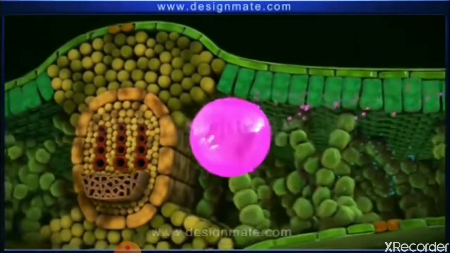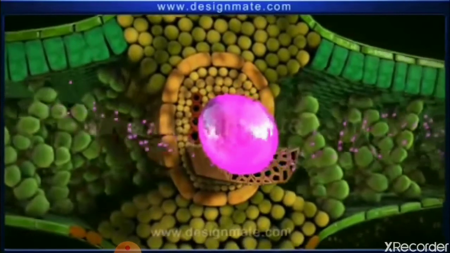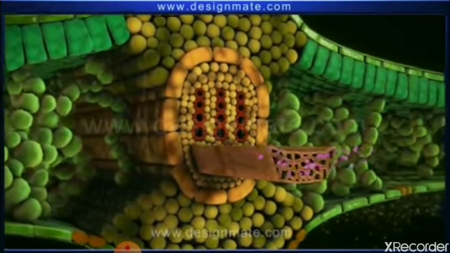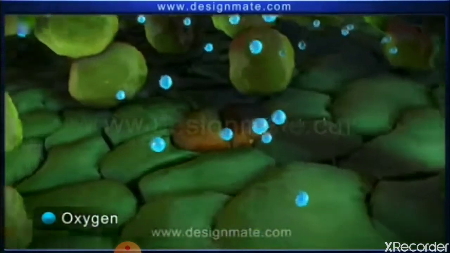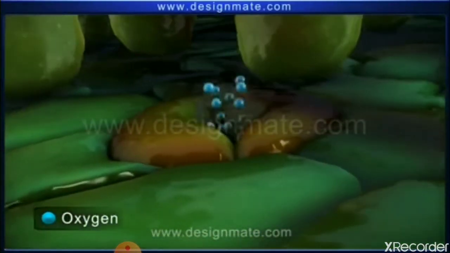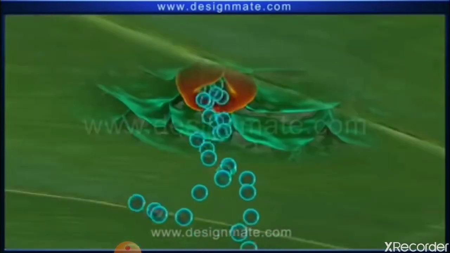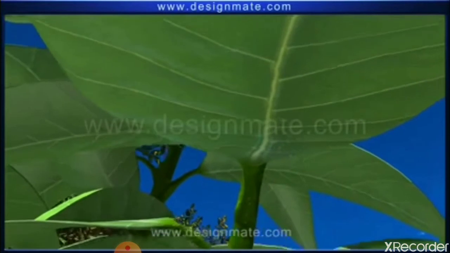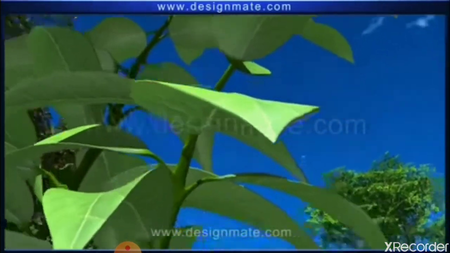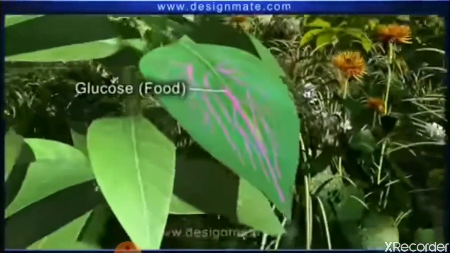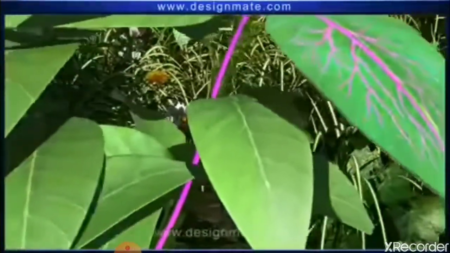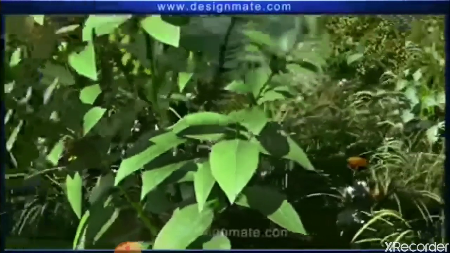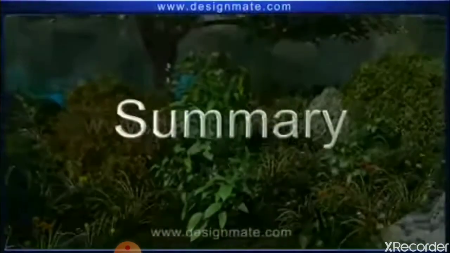The food is then transferred to the different parts of the plant through some specific tubes, and the oxygen produced is then given out from the leaf through stomata. It is given out in the environment, and this oxygen is taken by us. We take in that oxygen that is released by the plant for breathing. See here, glucose or food is shown as purple,